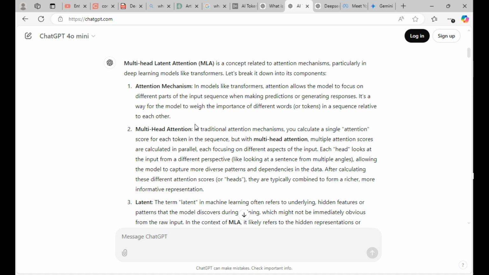If I were to make it short and sweet, in one sentence, think of it like this: attention mechanism is you tokenize the data. Multi-head attention is you give those tokens different values in a parallel realm. And the latent is the opportunity that makes DeepSeek what it is, where it looks at the context of that information, the raw data, and even where that raw data would have been derived from.